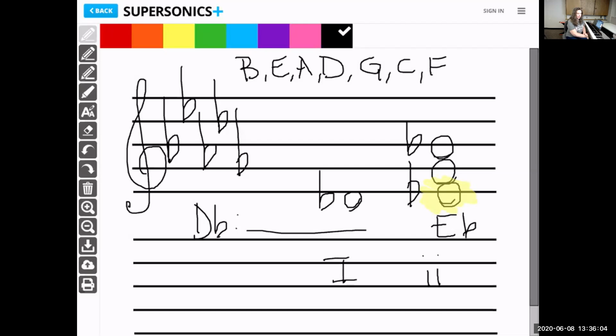My 2 chord here. So the next note in the D flat major scale is E flat. This one, let me check the answer key for this one,